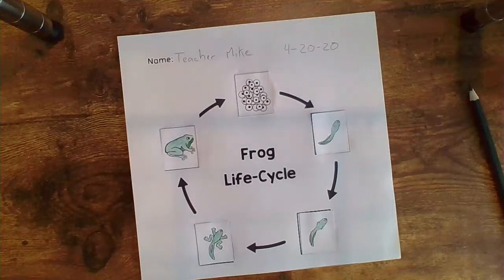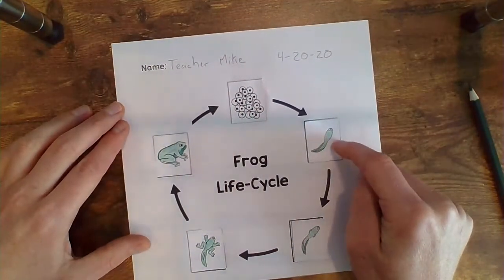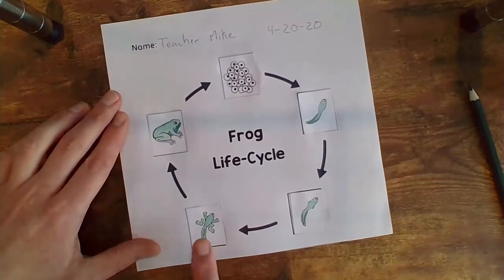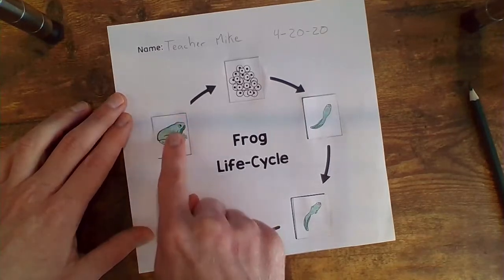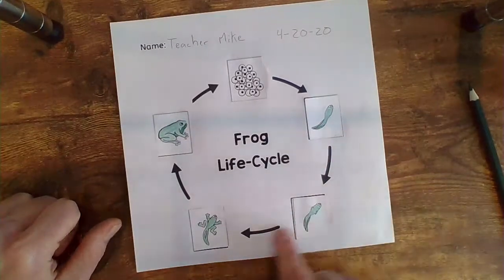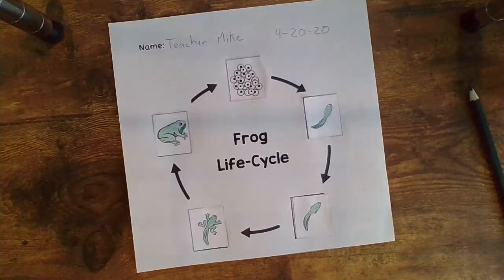So that's an adult. So this is an egg. Then we have the larva tadpole, and then the baby tadpole. And then this is almost an adult frog. This is an adolescent. And then this is the adult frog. That's its final transformation. So it starts off as a tadpole, and it transforms, metamorphosizes into a frog. Pretty cool. So that is the life